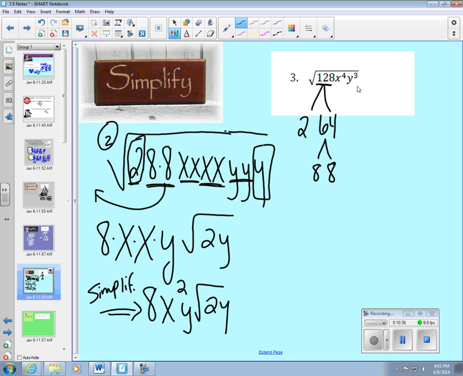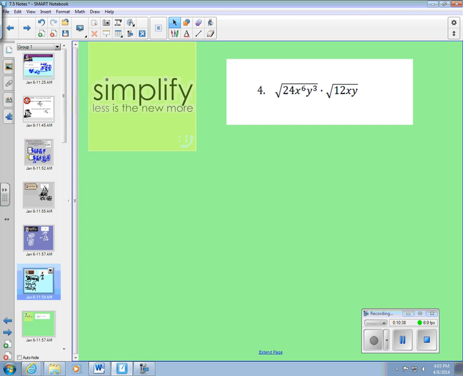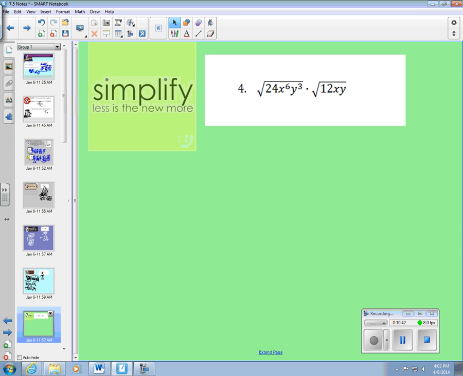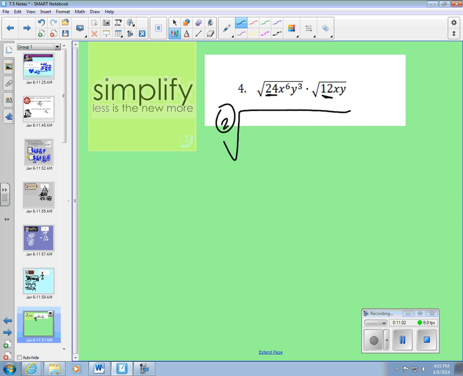All right, and if we do one more example today, notice that we're multiplying these two expressions together. So what we're going to do is we know, because of the product property, that we can just multiply what's underneath together. So if we take a look at this, we have 24 times 12. That's going to give us, if we rewrite our radical here, notice it's an index of 2, so we'll be looking for perfect squares. So 24 times 12 gives us